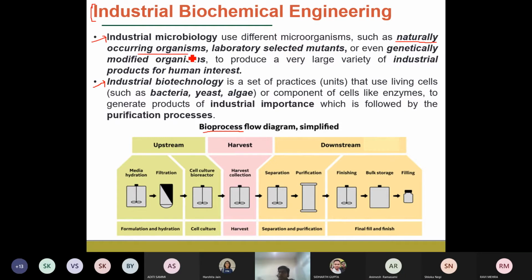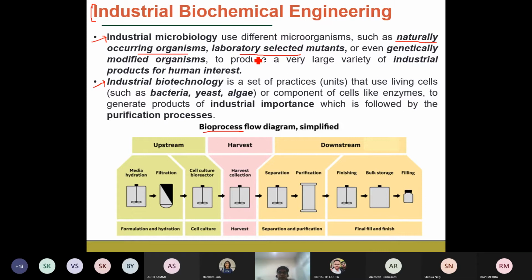So if you see any microbes that are present in the environment, the conditions like the temperature, humidity, and the pH of the soil or whatever, there is a variation. But what we try to do is isolate these organisms from that site, and then try to grow them under a controlled condition, where it is some reactor or a fermenter. Okay, and that leads to a high or improved yield of, for example, the particular or desired product we would like to have.